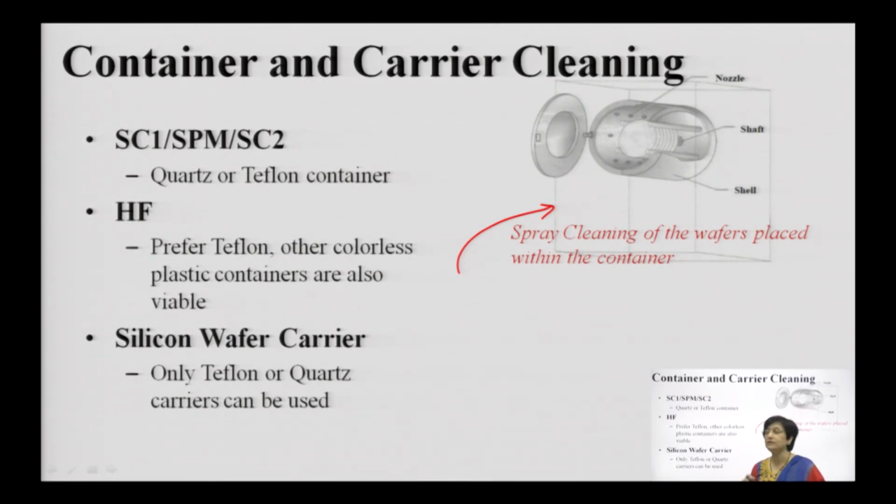Otherwise, what will happen is the container itself will leave contaminants onto the wafer substrate, and you do not want that to happen. Just like in our Czochralski crystal growth, where we have seen the importance of crucible material, here also the container which is holding the wafer is equally important, and therefore, Teflon and quartz carriers are used, which basically carry the wafers in the container itself.